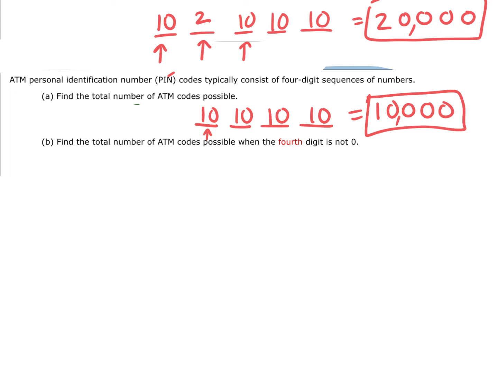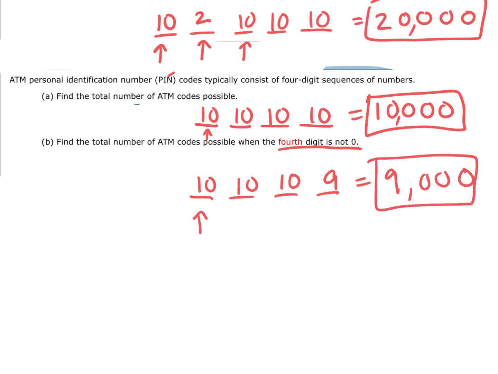For B, find the total number of ATM codes possible when the fourth digit is not 0. So how many different possible options do I have for the first digit? 10. Second? Third? What about the fourth? How many different options do we have for the fourth spot? 9. Because the fourth digit is just not 0. It could be anything except 0. So this would be